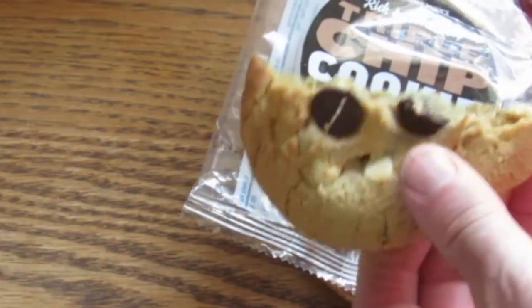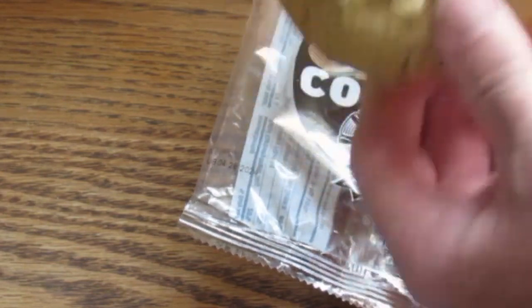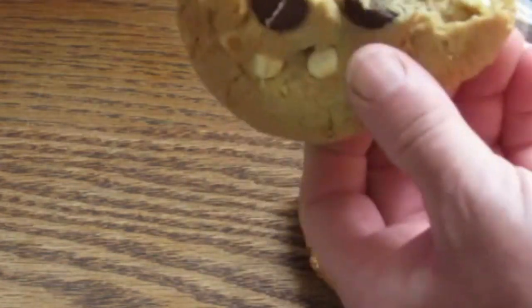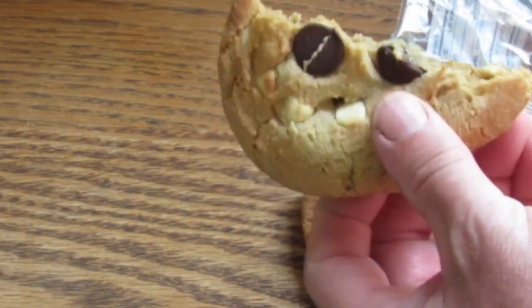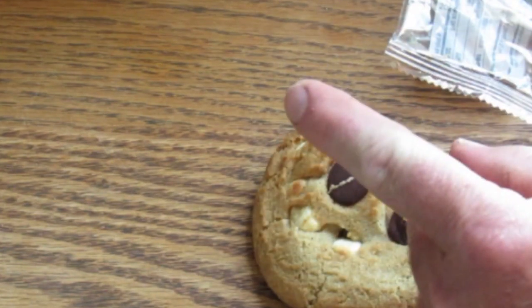Again, I can't find any good chocolate chip cookies in grocery stores. It's a tragedy. I have to make them myself, and so I don't. So I go to Jimmy John's and I buy their sandwiches and I get a cookie for a dessert. And the reason I've chosen this one to be the best of all the cookies that you can buy that